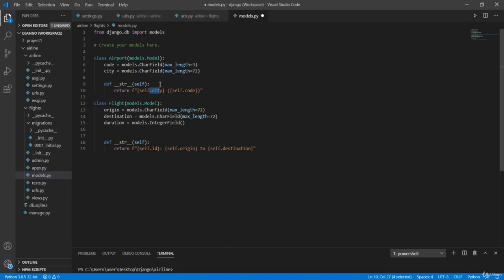And now our flight model needs to change a little bit. No longer will origin and destination be char fields that are just storing text, but instead we're going to be using what's called a foreign key. And so I'm going to replace the char field in origin and destination by this foreign key. And so this foreign key is going to reference that airport table. And so let's go ahead and write in here ForeignKey,